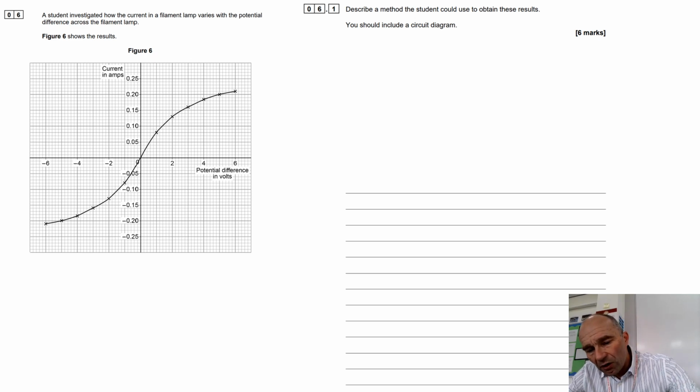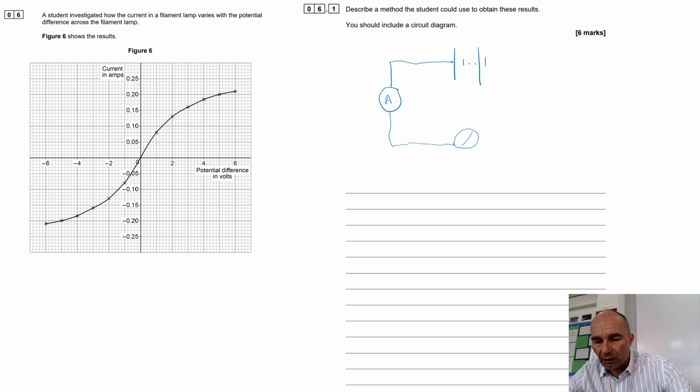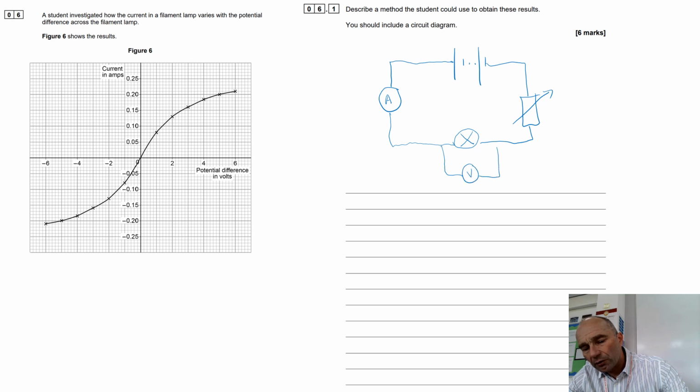So start off with our power pack, something like that. Obviously you're going to use a ruler and make this a lot neater than what I'm doing here. So we need to put our ammeter in series, of course. We need to have our light bulb, or filament bulb I should say, and then of course we're going to have our variable resistor in the circuit. We're missing the voltmeter, that of course needs to go in parallel across the filament bulb. So quite a simple circuit diagram,